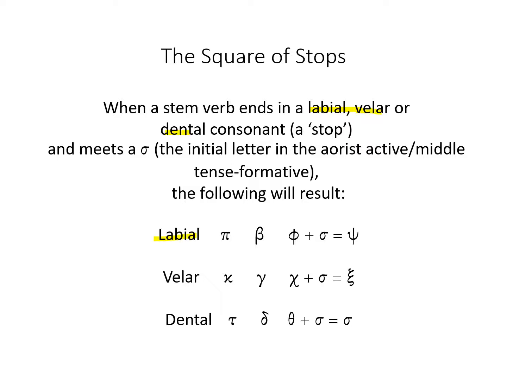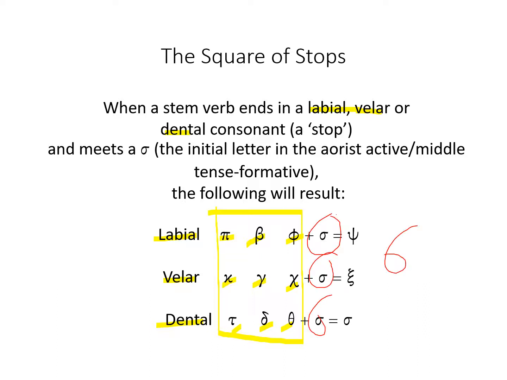So here are our labials, pi, beta, phi, our velars, kappa, gamma, chi, and dentals, tau, delta, theta. And if any one of these is the final consonant in a verb stem, it's going to bump up against the sigma of the sigma alpha tense formative for the first aorist active. And because of that, we're going to have a combination,